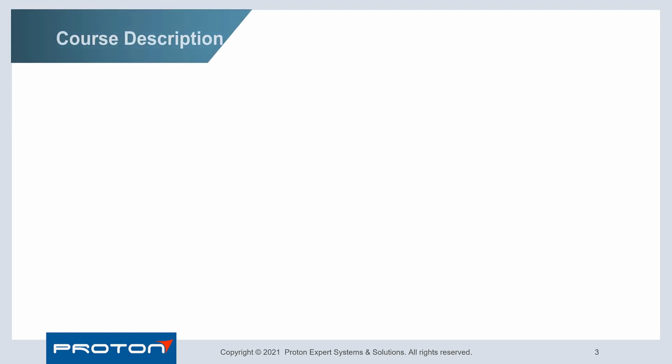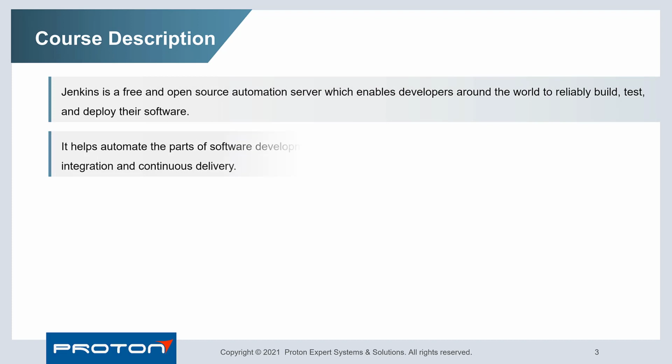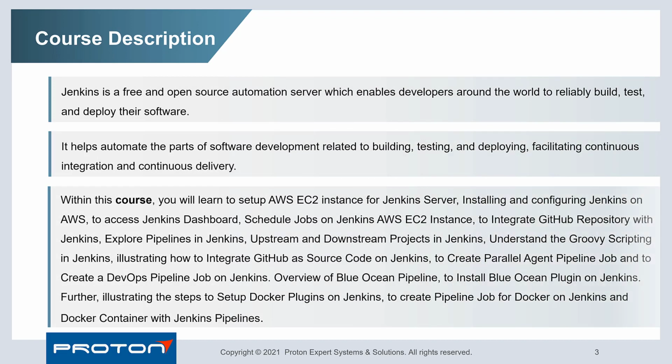Now, let's understand what is Jenkins. Jenkins is a free and open source automation server which enables developers around the world to reliably build, test, deploy their software. It helps automate the parts of software development related to building, testing, and deploying, facilitating continuous integration and continuous delivery. In this course, you will learn to set up AWS EC2 instance for Jenkins server, installing and configuring